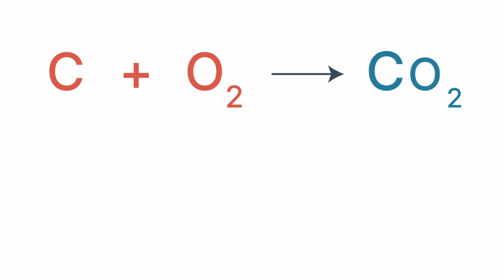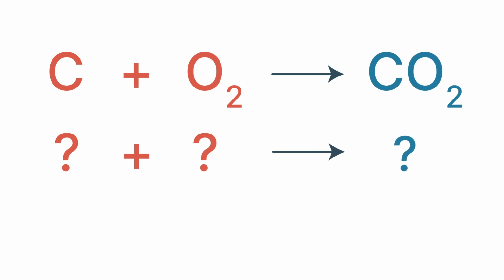Let's start with a simple chemical reaction, the burning of carbon in air to form carbon dioxide. Whenever chemists carry out chemical reactions, they will want to know how much of one reactant to react with another reactant to produce a certain amount of product. This immediately makes it necessary to be able to count particles because, as we've seen, chemical reactions operate at the